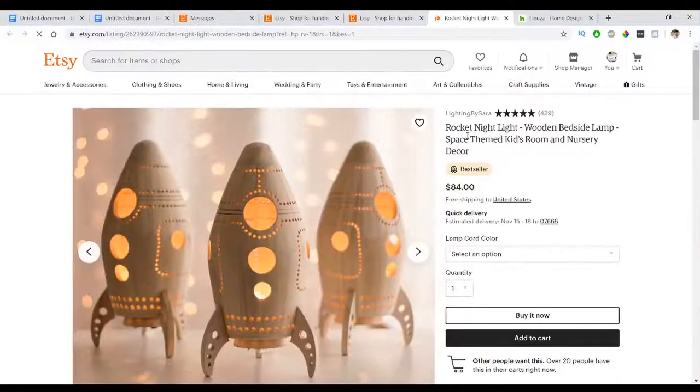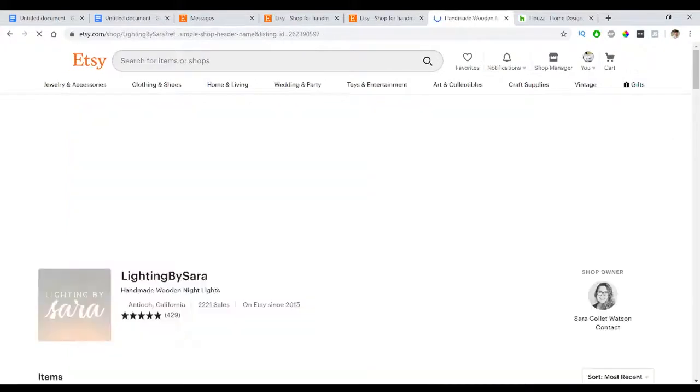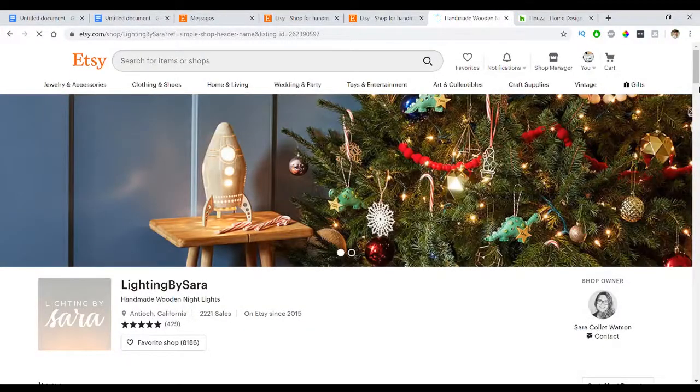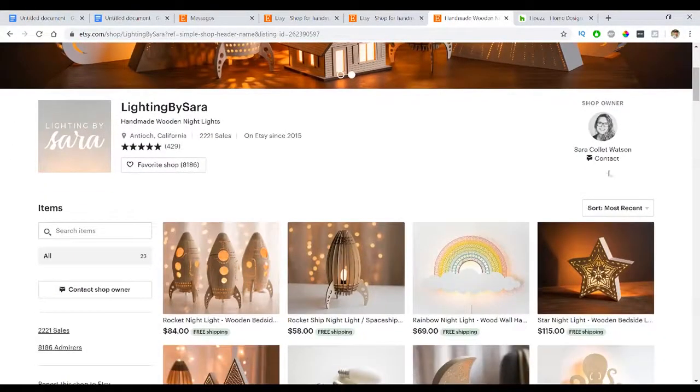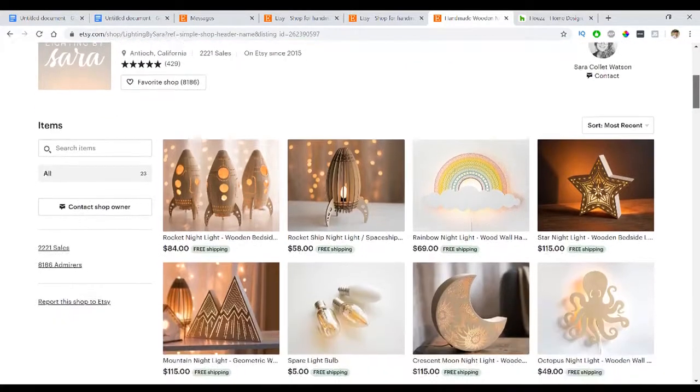But typically I'll just find an item and contact the supplier, and I'll message them asking if I can actually sell their products. So on Etsy, what I'll normally do is I'll go to a product, I'll go to the store page of this seller, and on the store page, either it's going to give me their website, they might also link their email, or you have the contact feature, which you'll see right here at the top of the page. And if you scroll down, you'll see contact shop owner. And typically I'll just do that and I'll shoot them a message.